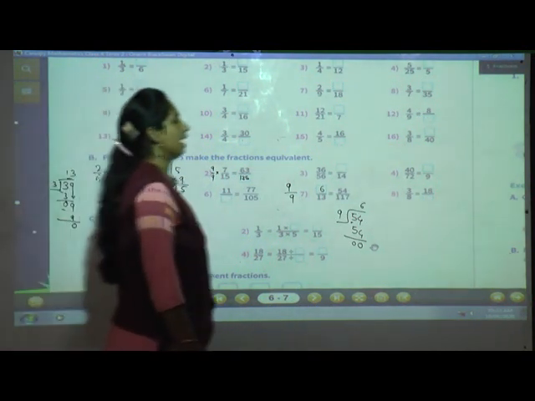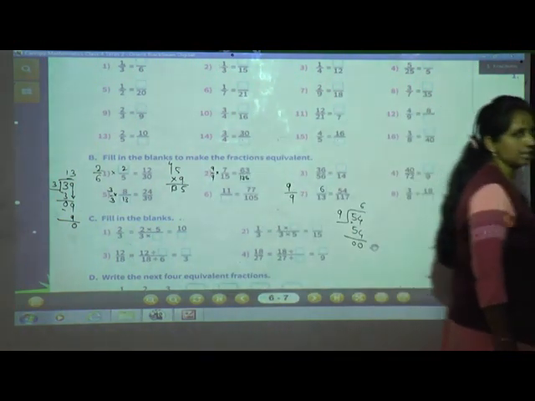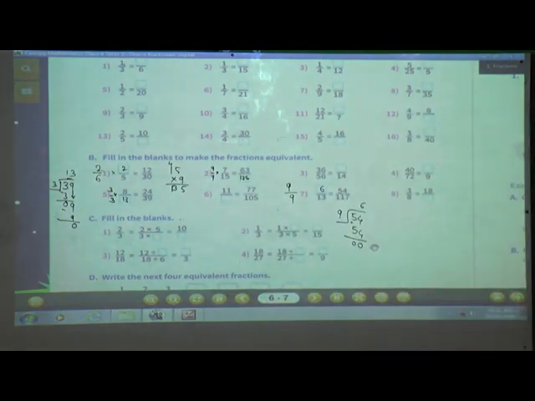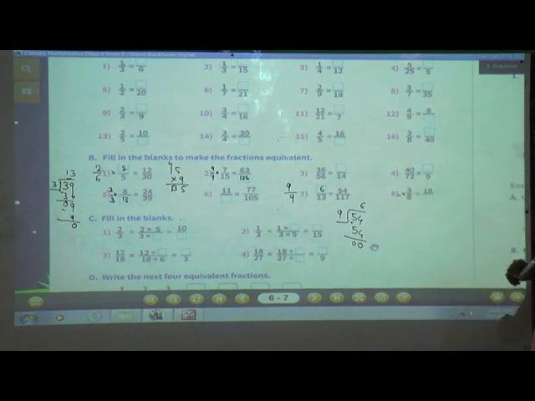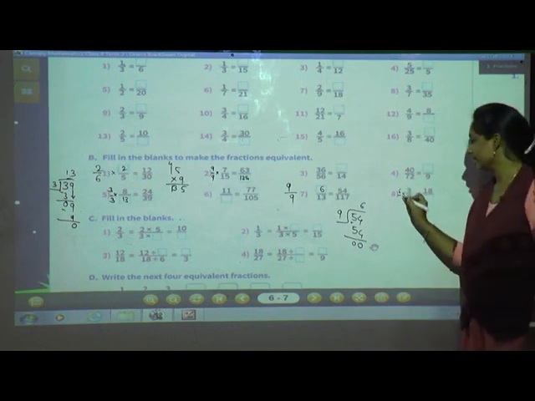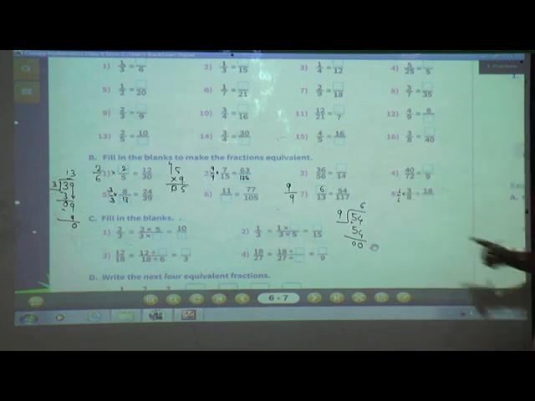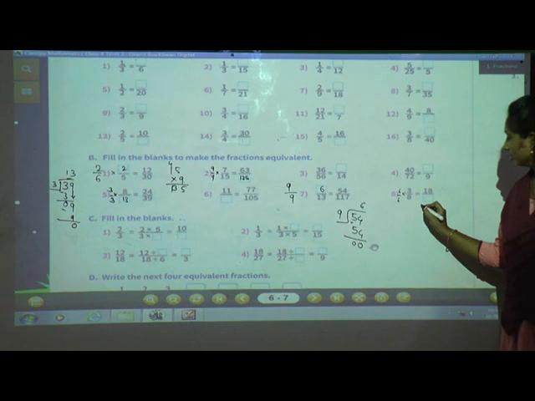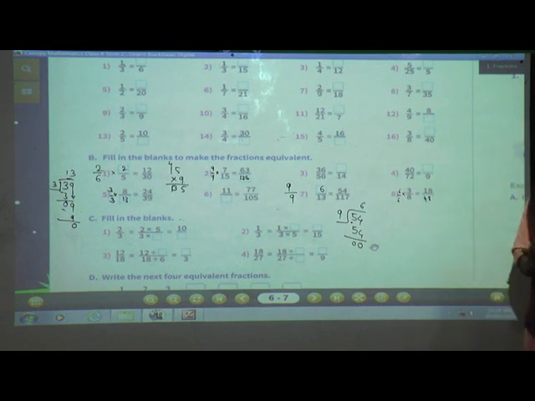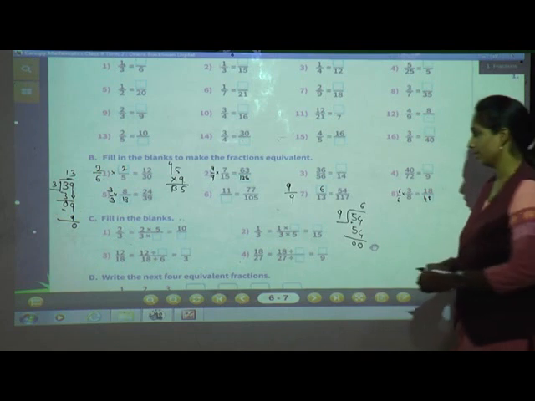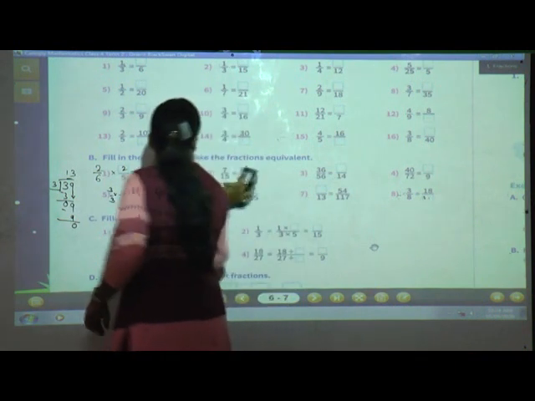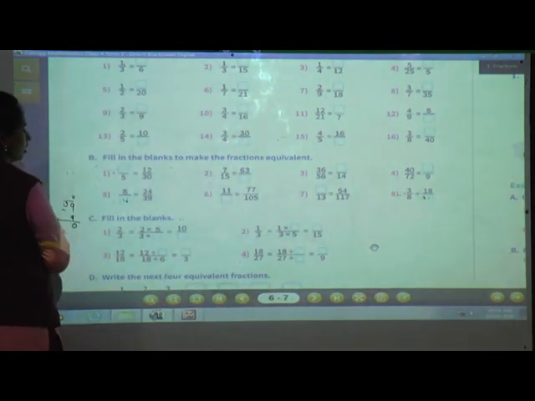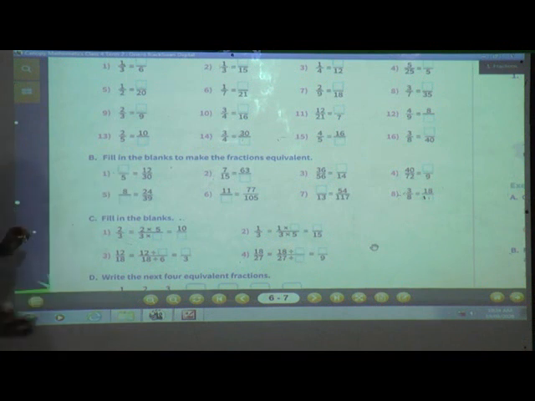So last one more we will see. 3 divided by 8 and 18 divided by dash. Now which number we multiply to get the 18? See. Tell me. 3 6s are 18, isn't it? So here also what will come? 6 only. So now 6 8s are 48. Clear? Yes, very good. Now we will solve C question. And the remaining third and seventh you will solve by your own.